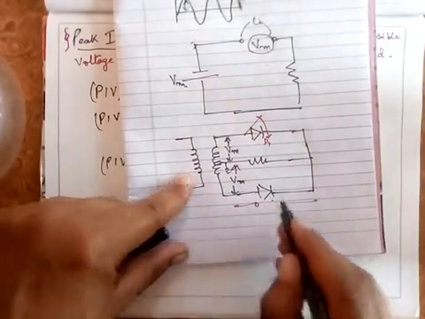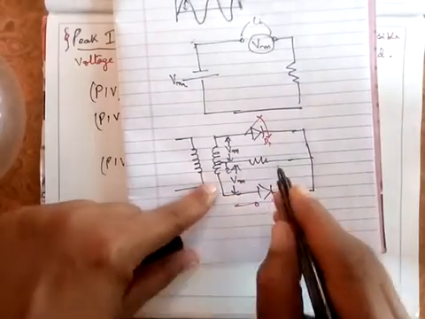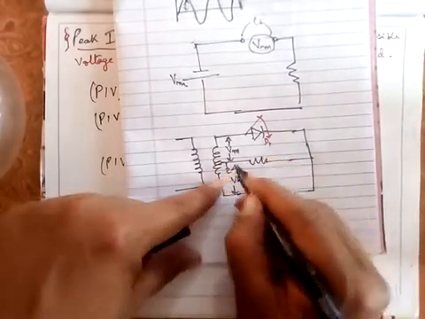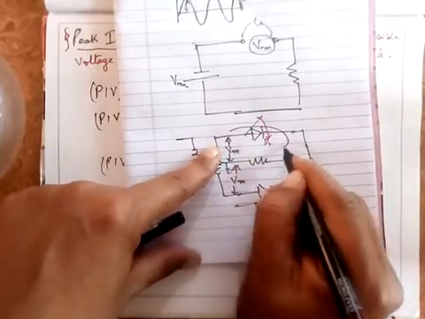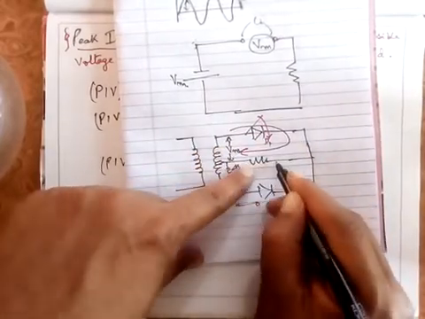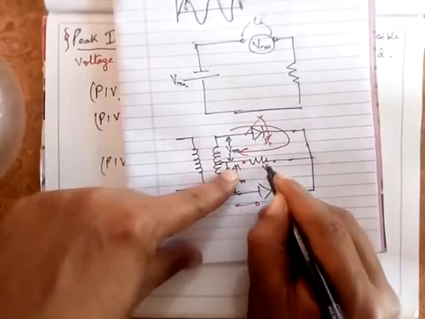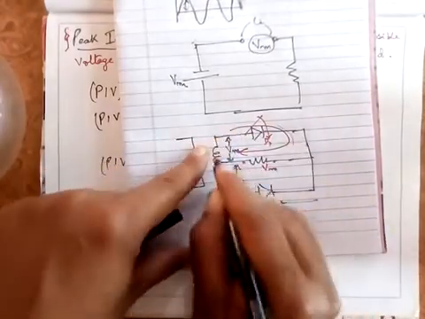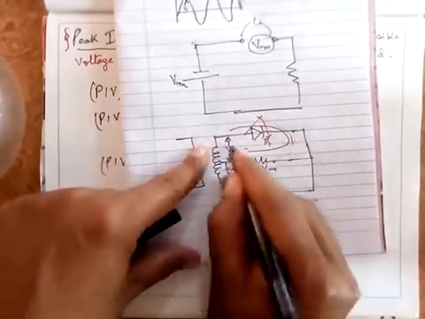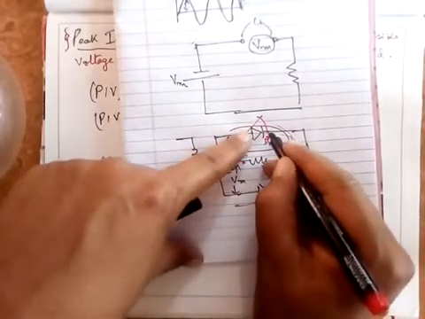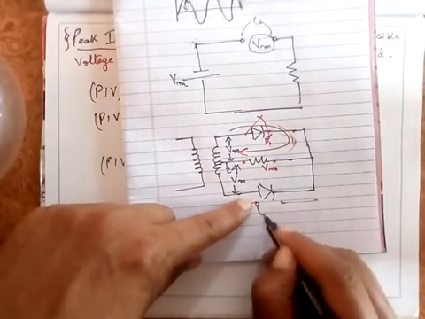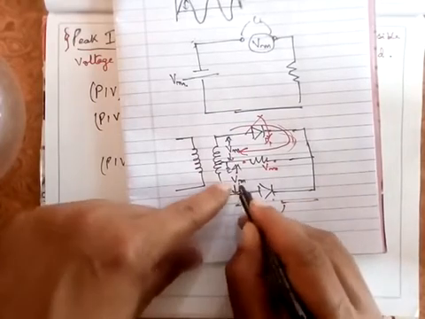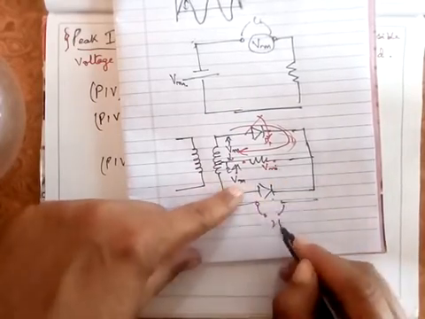Now under this condition, this is acting as a closed circuit, so the voltage Vm will be dropped across this load resistance. So Vm will be here because of this. If you apply KVL in this upper loop, where it is acting as a closed circuit, it is Vm here and already Vm is there. If I apply a voltmeter at this point, what is the maximum voltage? Vm plus Vm, it will be twice Vm here.